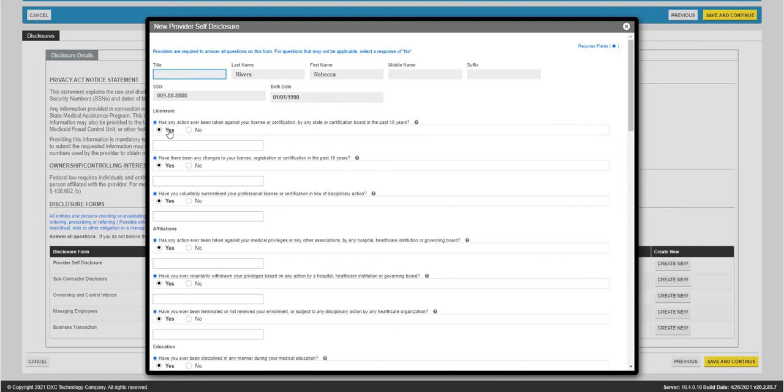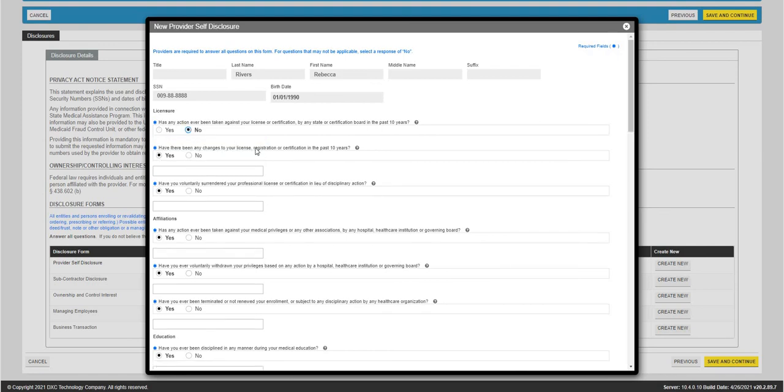I'm going to make an example of this first question here. This one says, has any action ever been taken against your license? You'll notice that everything is defaulted to yes. So if your answer is yes here, you are going to need to fill out more information in the box below it as to why you are saying yes to this question. What about this question is making you say yes? What is the more information here? If your answer is no, that box is going to go away and you can move on to the next